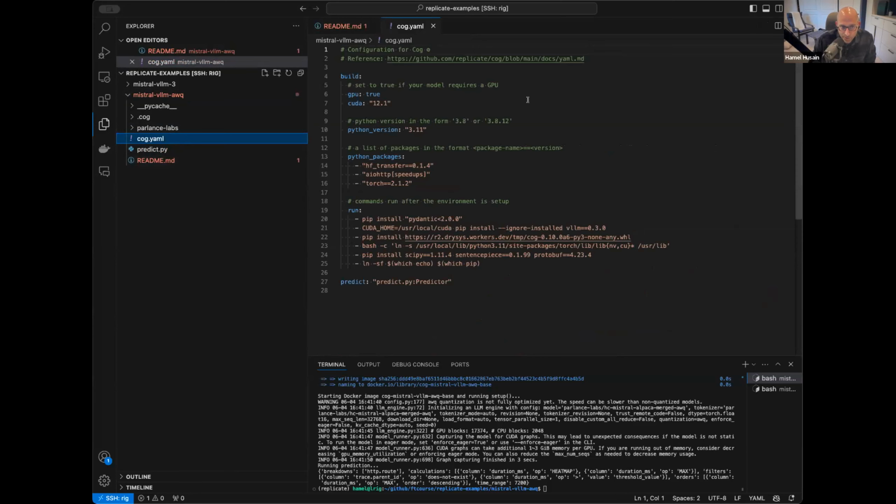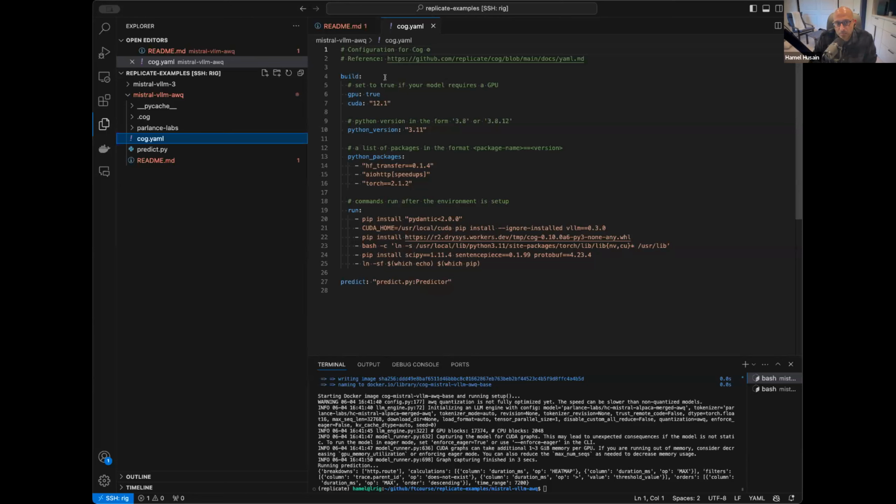So Cog is a wrapper around Docker. Now, if you're like me, you might think, why do you need a wrapper around Docker? Docker is perfectly fine. I kind of thought that too when first encountering Cog. But actually, it helps avoid a lot of CUDA foot guns. Even when I'm using NVIDIA Docker, or the Docker GPU runtime, I constantly have to fight CUDA problems. And the folks that made Cog, which is an open source project that Joe will show in a little bit,